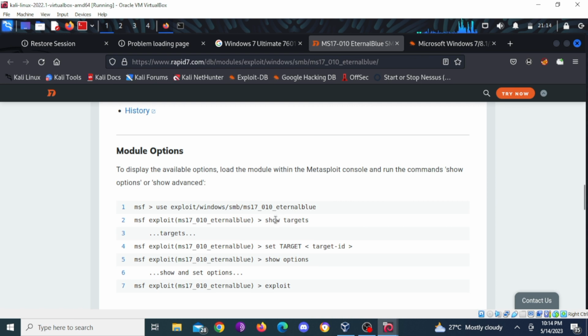So let's set targets. You can use show options. We necessarily don't need to, but you can use show options. So let's set our remote host. That's the machine we want to hack. Then everything is set actually, but